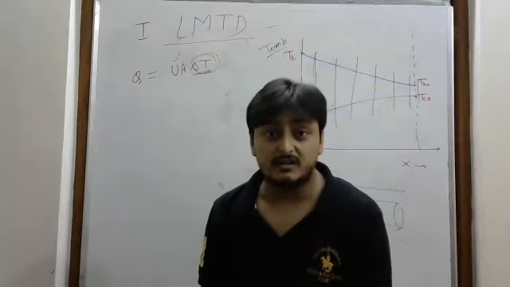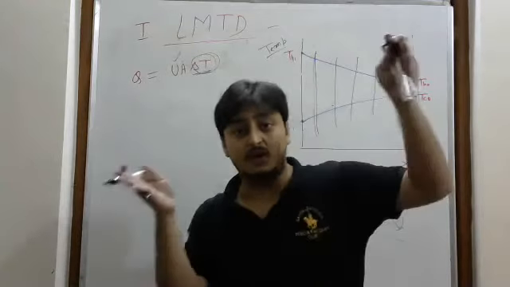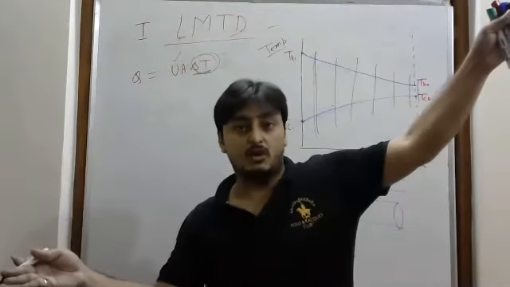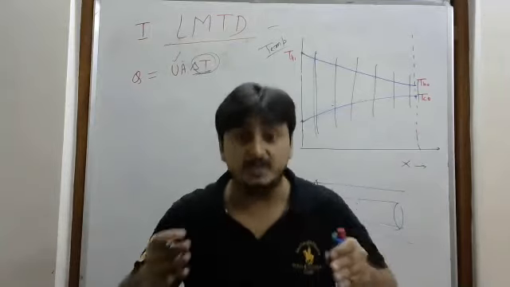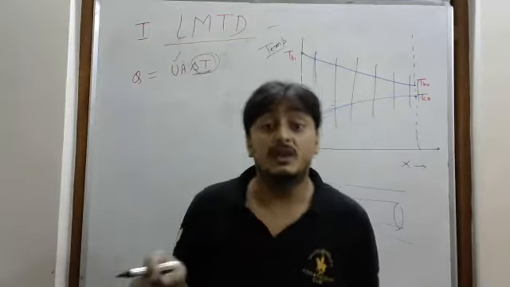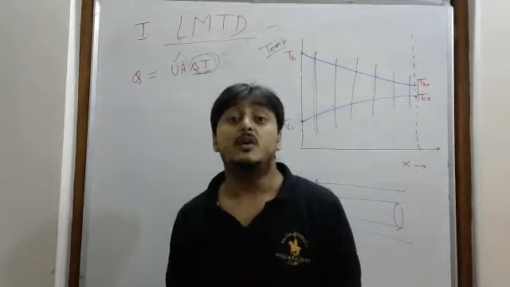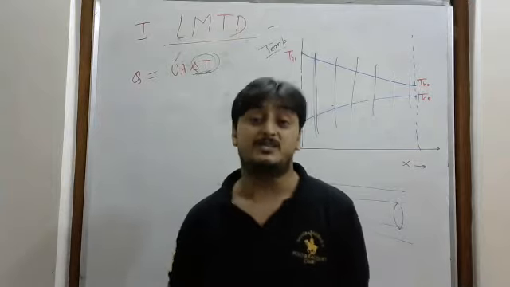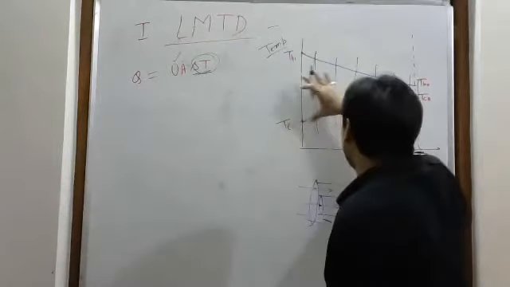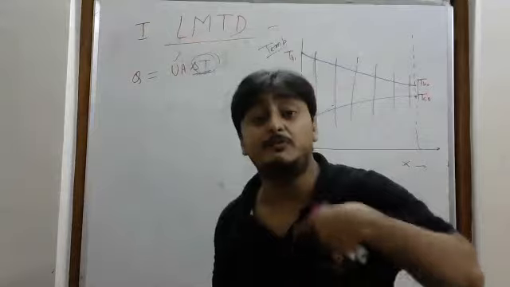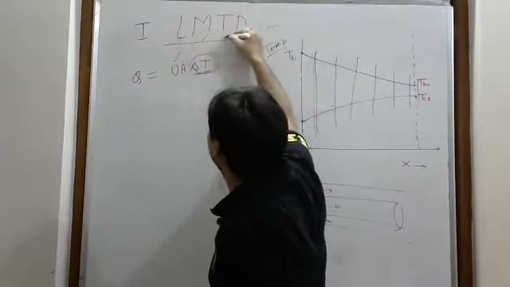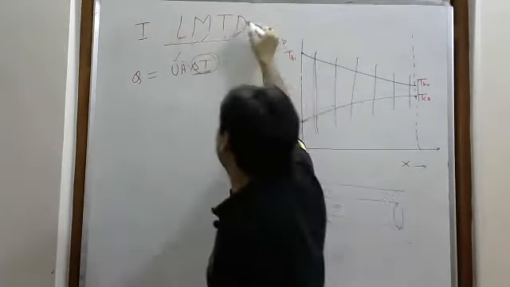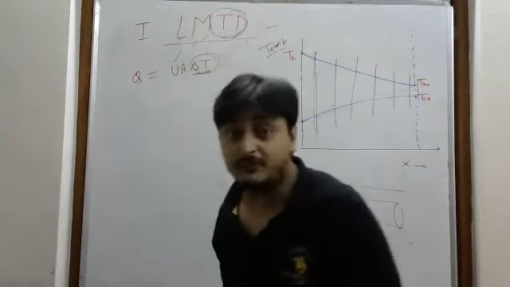constant. You are finding what? If the initial and final temperature you know already, you apply the equation and get the answer. But here the temperature difference is varying. So in the variation case, we will find one mean temperature, for finding this one constant temperature, that is nothing but a mean. That mean is known as the logarithmic mean temperature difference.